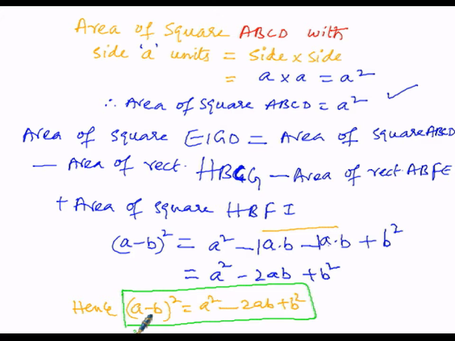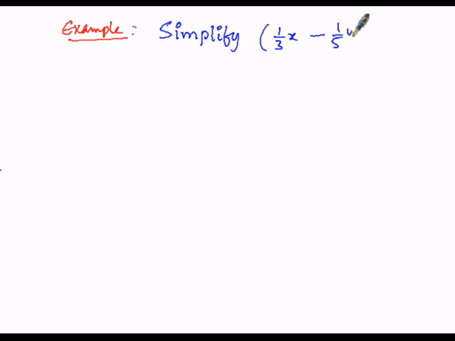Then now let us perform one example under this, in which we have to simplify 1 by 3x minus 1 by 5y whole square. So here the solution starts now. In order to simplify 1 by 3x minus 1 by 5y whole square,